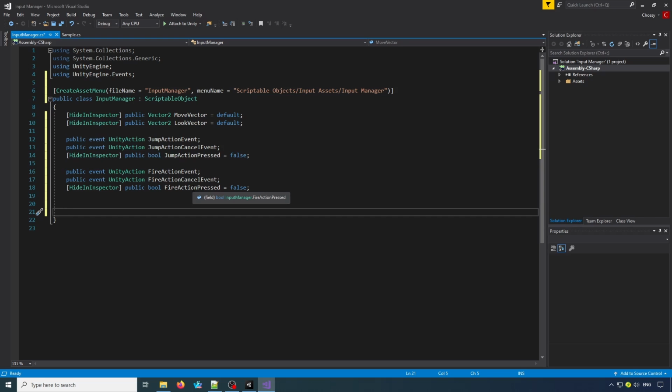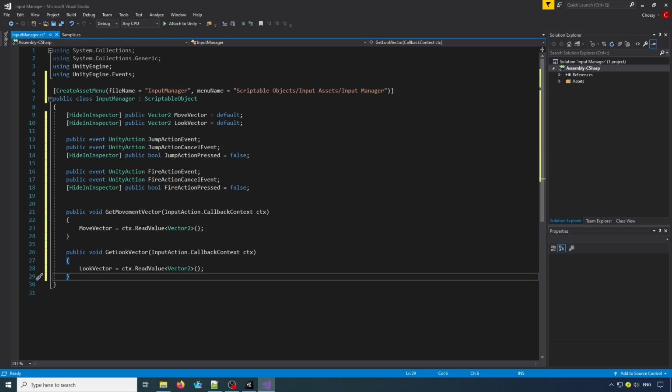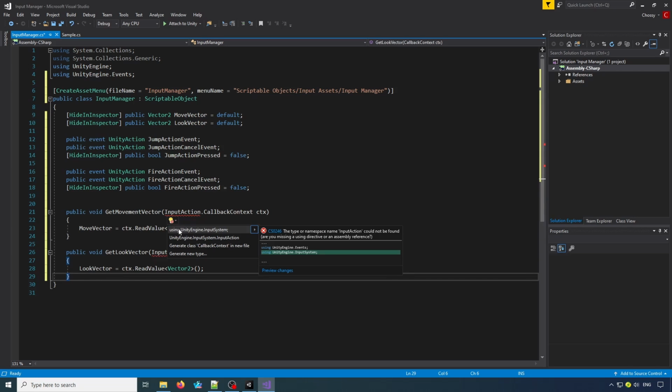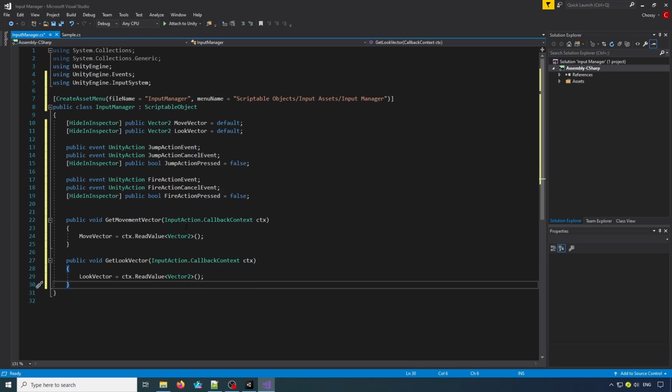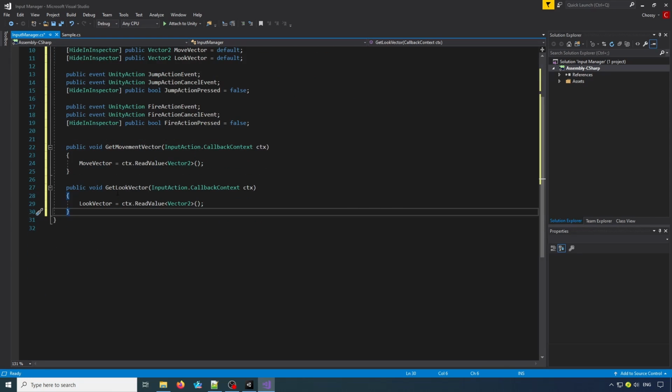Now we need some methods, so we need to do our look vector, our movement vector, and our two methods for these two events here. The first one will be a public void with an input action, so we need to be using the InputSystem. InputAction.CallbackContext, and we just call that ctx, which seems to be the standard. And all we're going to do is set our move vector to read a Vector2 value, and the same with our look vector. So if you want to code those out,